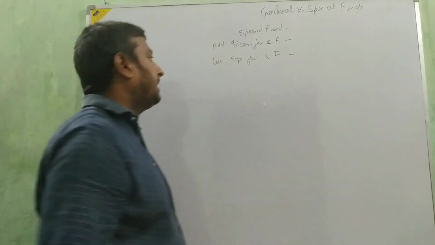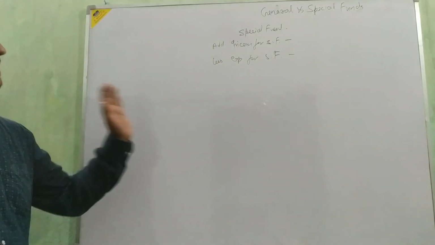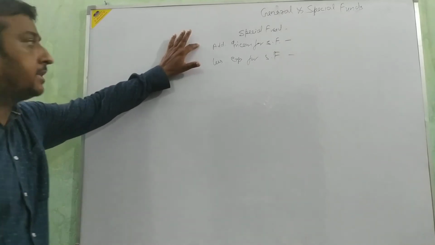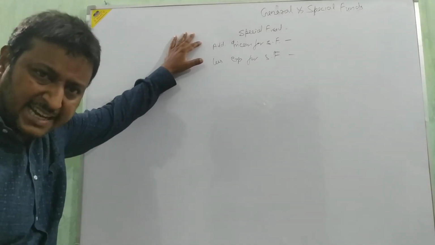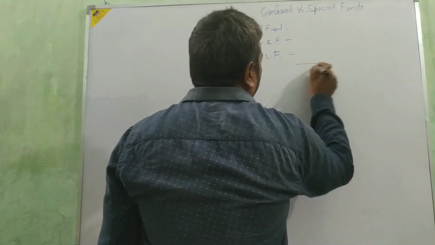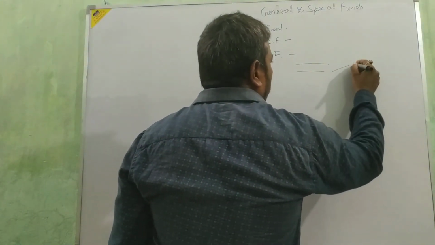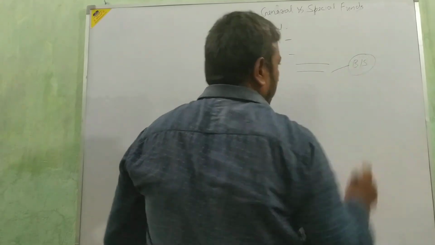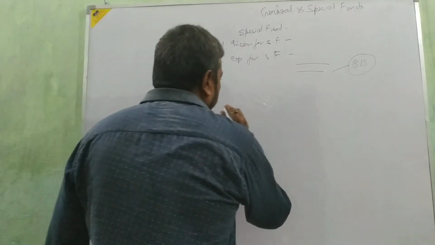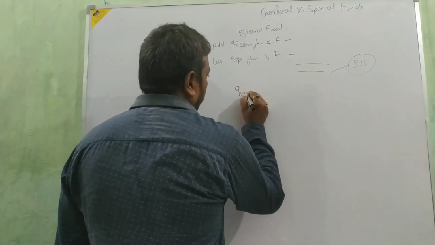If any type of expense is given related with this special fund, that will be less. Okay beta, clear? And after that, whatever amount comes here, that will show in the balance sheet, beta. And if investment of a special fund is given,